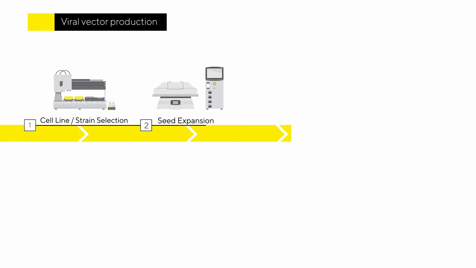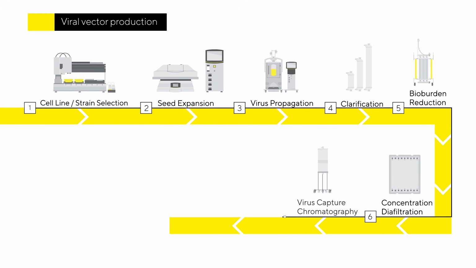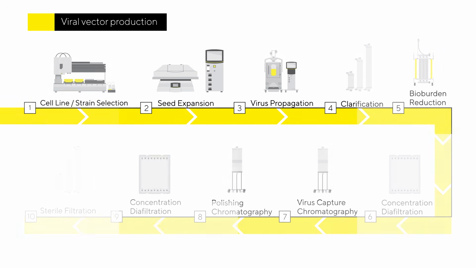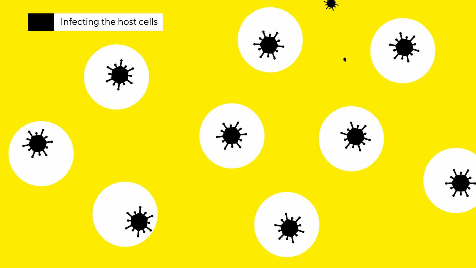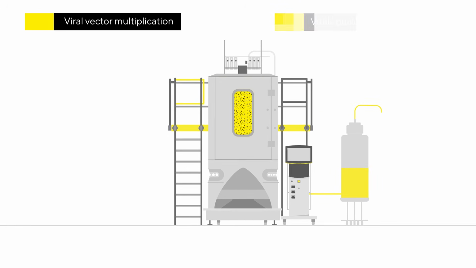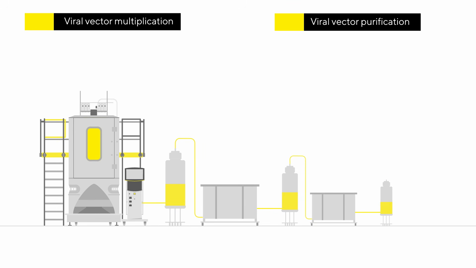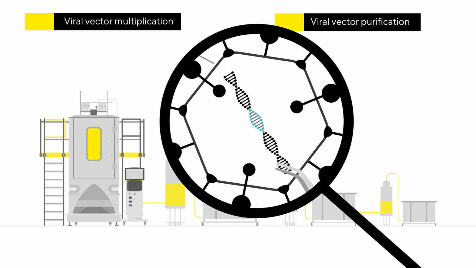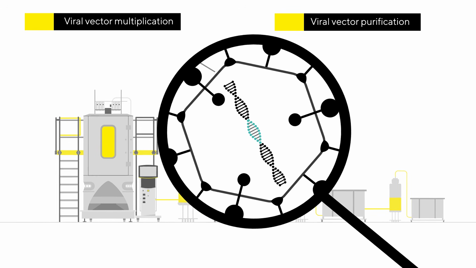Once the viral vector has been selected, the development and manufacturing process begins. We can do this easily as we know the host cells, how to infect them, how the virus multiplies in a bioreactor, and how to purify the viral vector. For each disease, the manufacturing process remains mostly the same, but the genetic information inserted in the viral vectors differs. This allows for faster development of new vaccines.